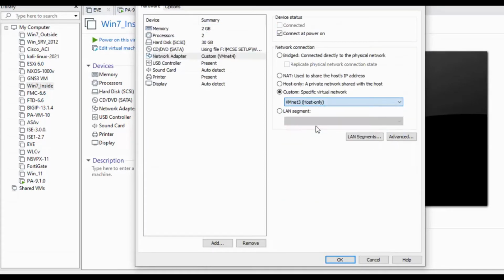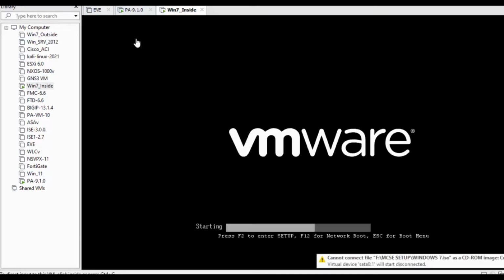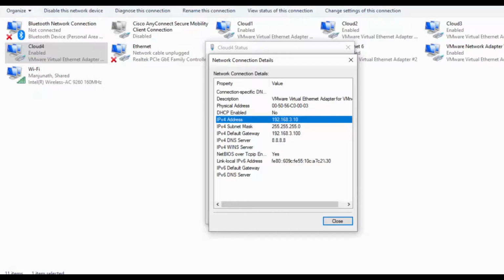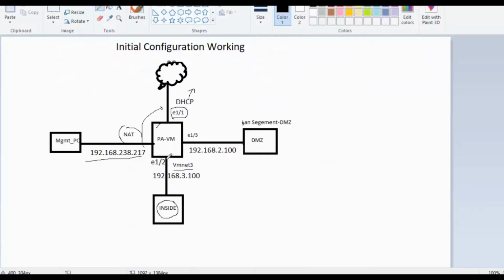I will assign this 3.10 IP address, and my default gateway is 3.100, which is this interface, eth1/2. And eth1/3 I have configured as a DMZ LAN segment, as DMZ.